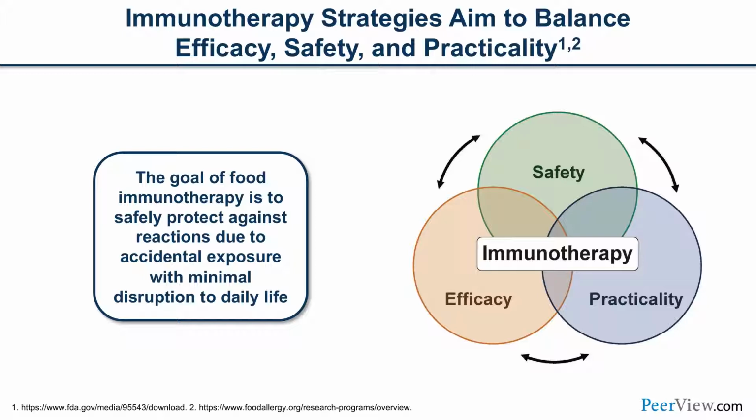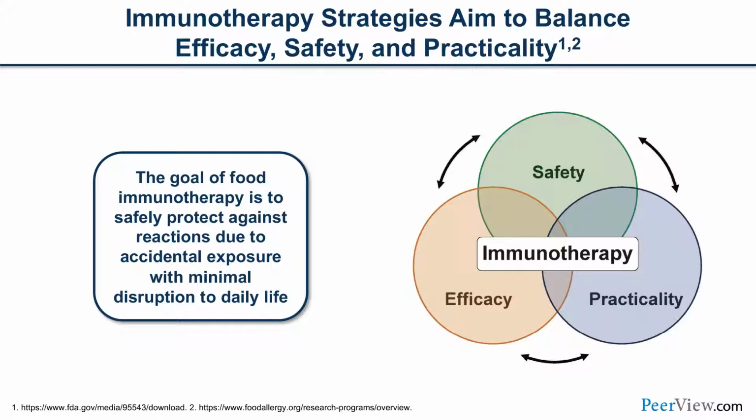One general approach is referred to as immunotherapy. And immunotherapy really means exposure to what you're allergic to, whether you're giving an allergy shot to your pollens, or in this case, exposing the patient to the food they're allergic to. This can come in a variety of different delivery methods, but the one that has moved forward furthest is oral immunotherapy, where you're actually eating a small amount of the food you're allergic to, gradually increasing that exposure to the point that you have some degree of protection.